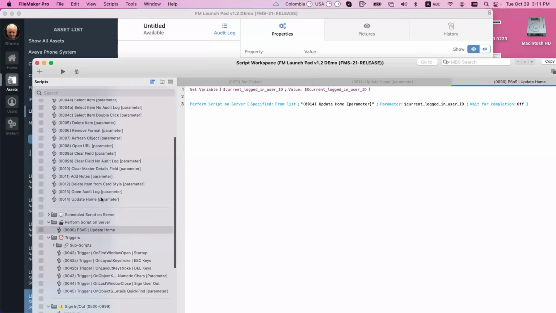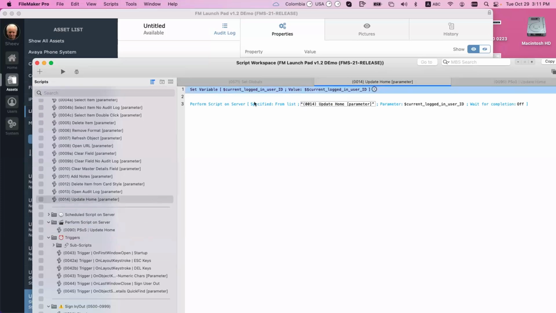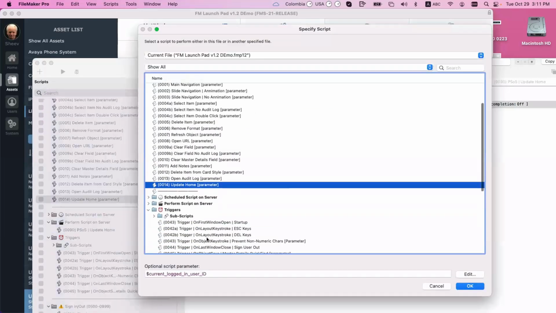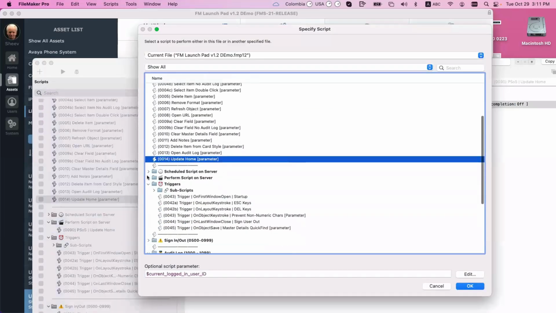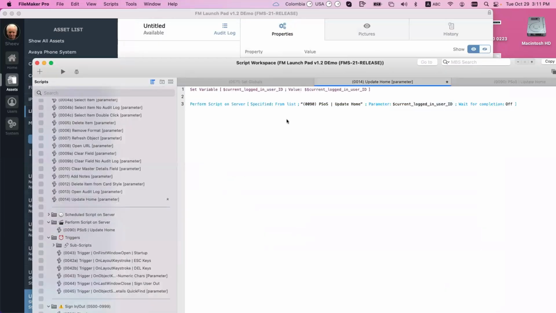And what the P source does, this one executes on server, this one, right? So I'm executing on server and performing on server the at 90, this script here with this parameter. And this on server,